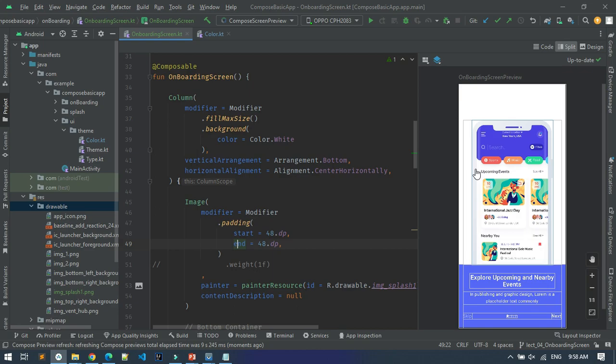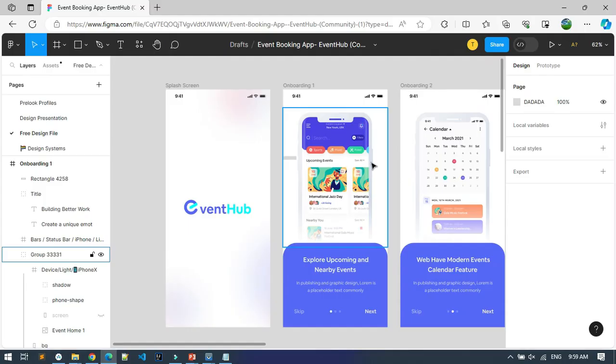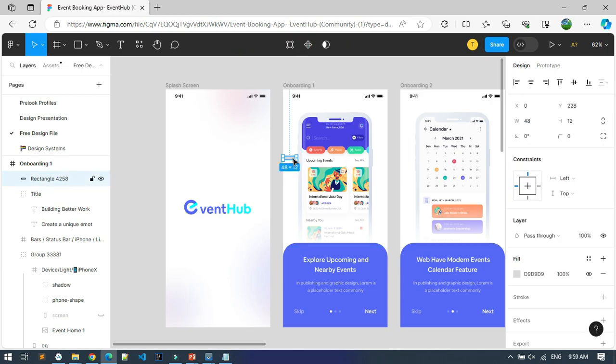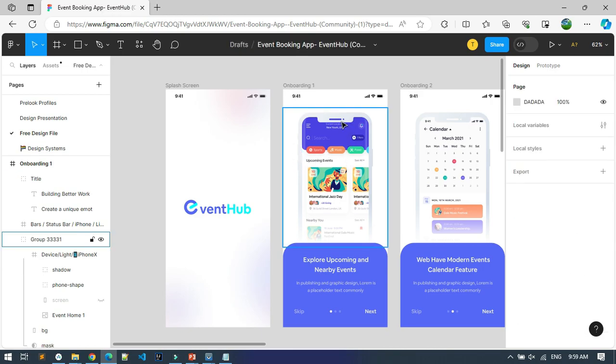So now this image is showing as our design. So the next thing that we need to do is put this opacity like this, like from the top it is visible, and